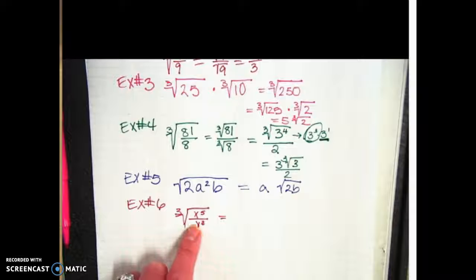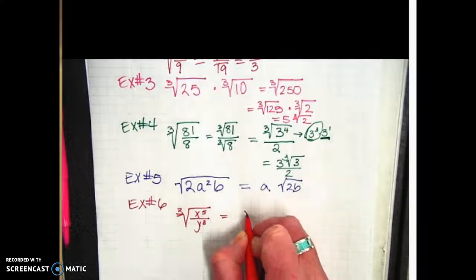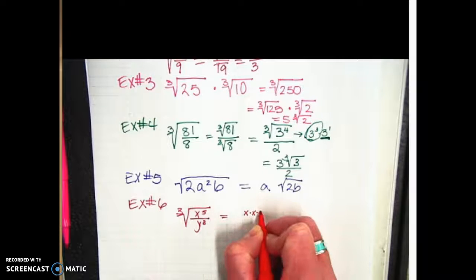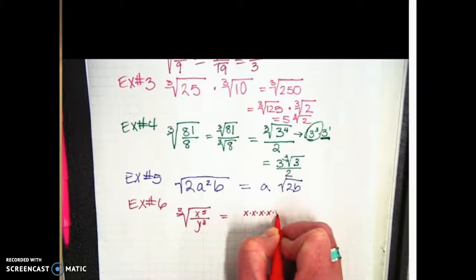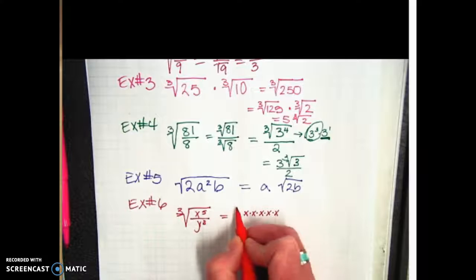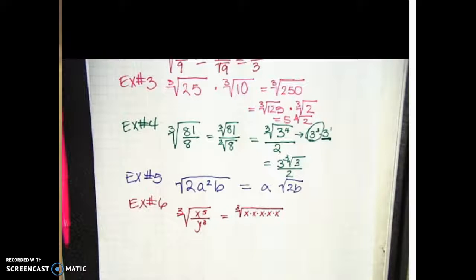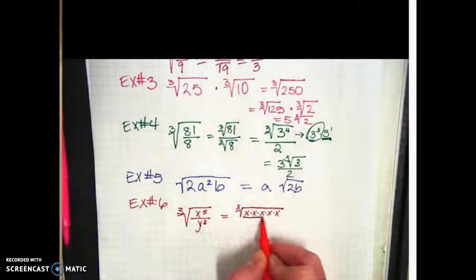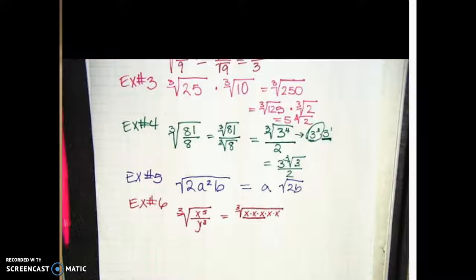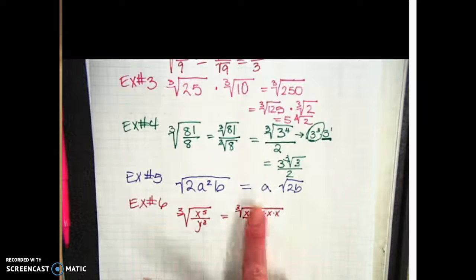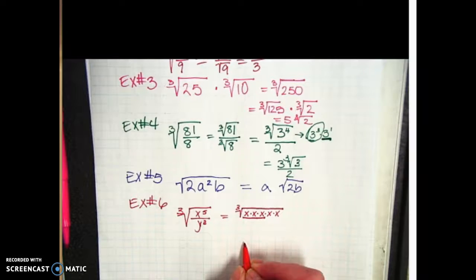So under the cube root, we've got x to the 5th. So x to the 5th is x times x times x times x times x. We want the 3rd root of that. That means we need something that's being multiplied 3 times. This is being multiplied 3 times. So x will come out